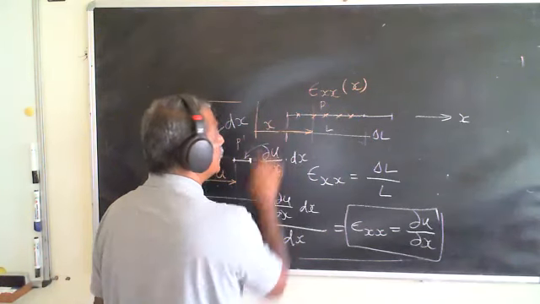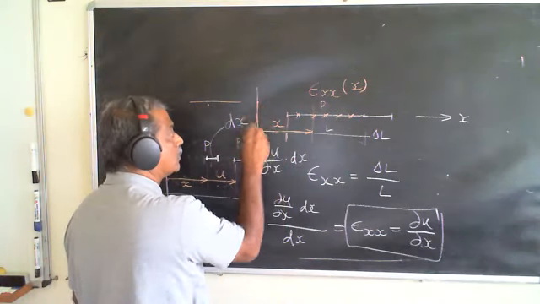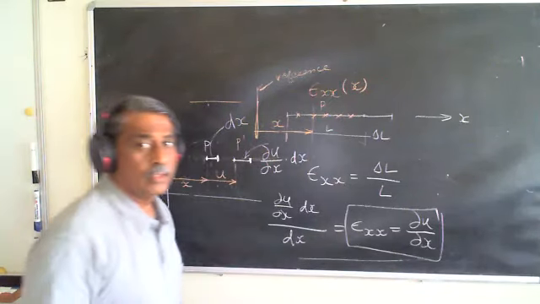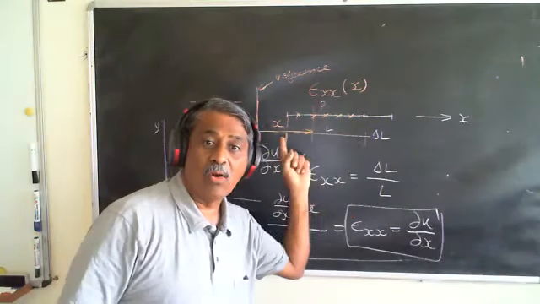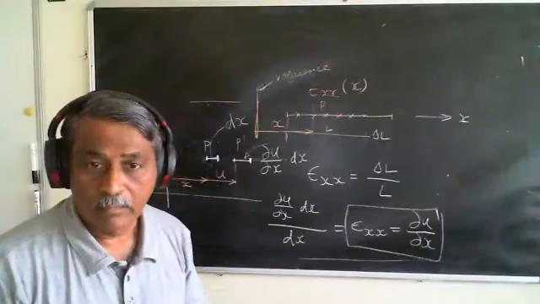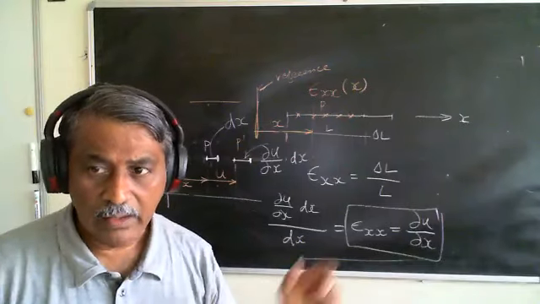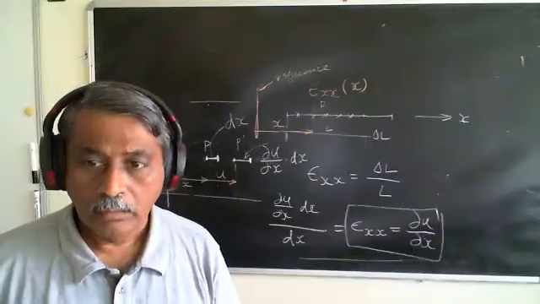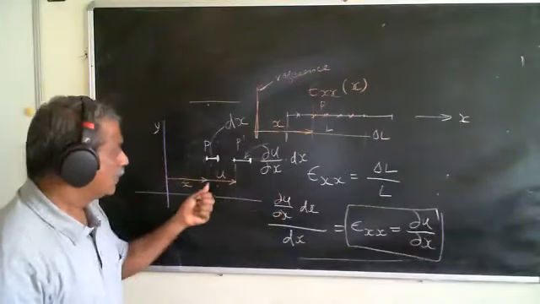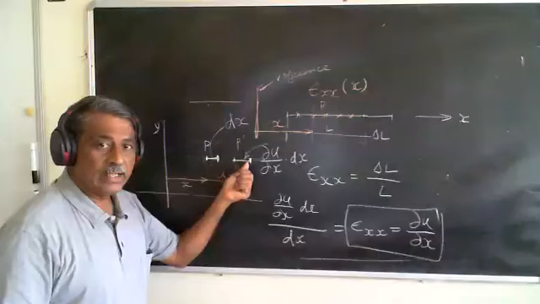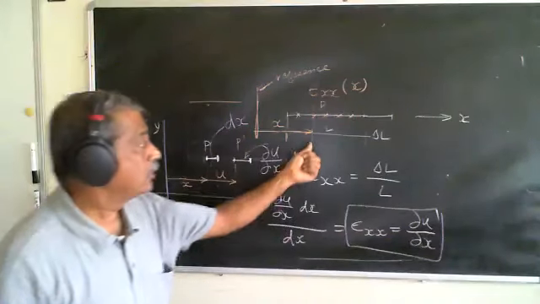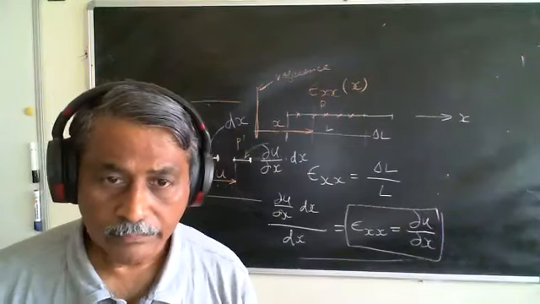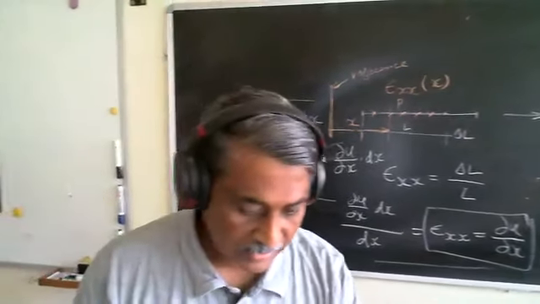Each of these points with respect to the original reference, right? This is the reference. Okay. So remember, the epsilon XX is also a field on the deformed body. The concept is very simple and clear when you look at one dimension. One thing that we make sure here is we assume that the elongations that have occurred are small enough compared to the total length of the element. All right. With this idea,